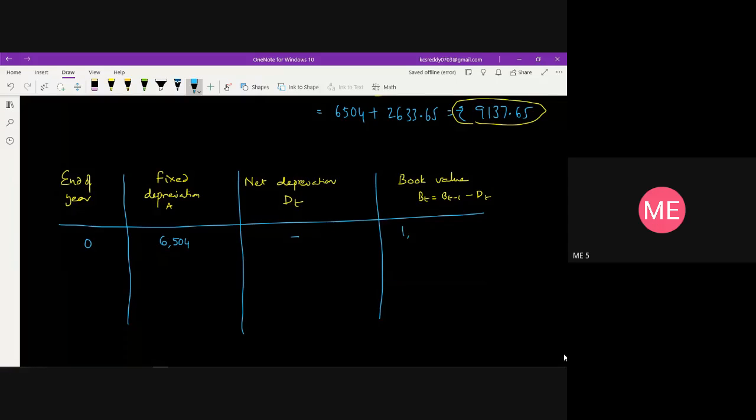So book value will be 1 lakh only because of the initial. Then at the end of the first year, we have the 6504, and the net depreciation will be the same, that is 6504 only. For book value, 1 lakh minus 6504, we are going to get